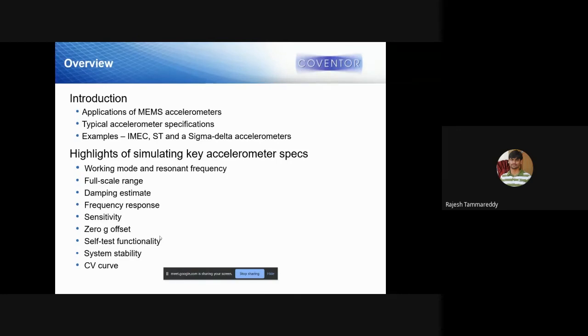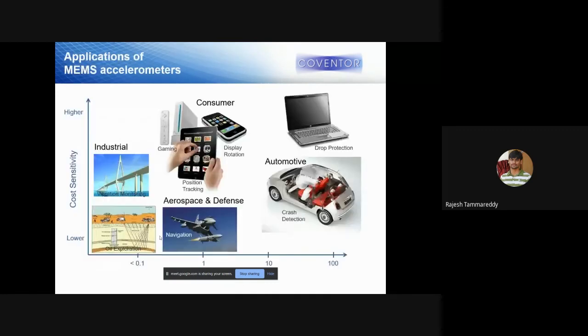System stability: by adding the sigma delta modulator circuit or something, you can find how stable your device is behaving with inputs and outputs. And the CV curve: whatever input you give and whatever output comes, capacitance to voltage, or input acceleration to capacitance. So these are all the important parameters that you need to address when you are doing an accelerometer design.